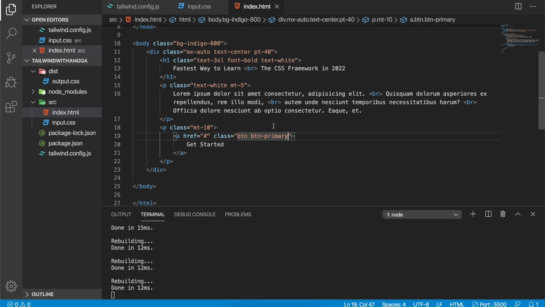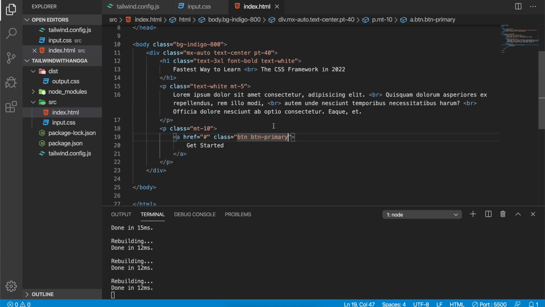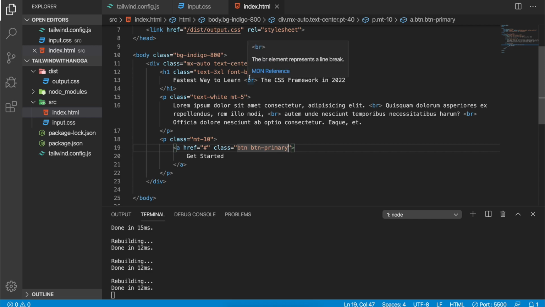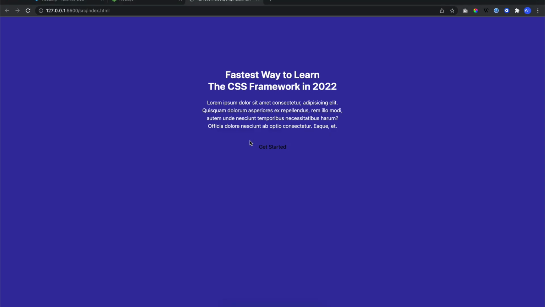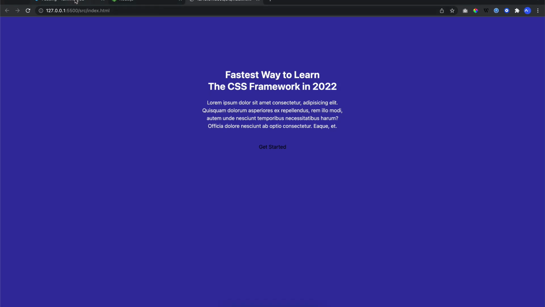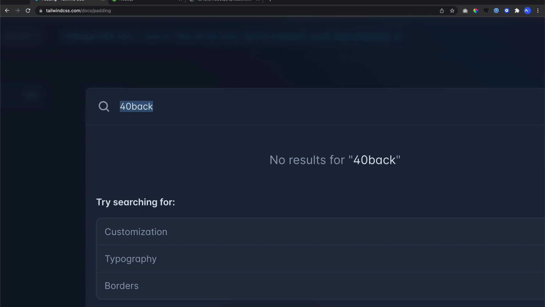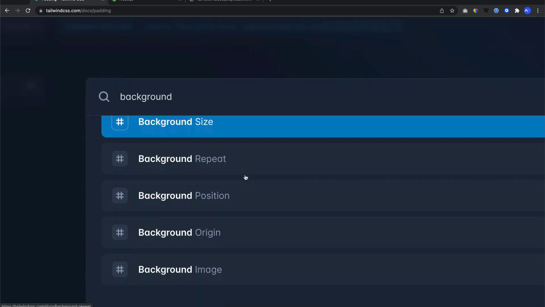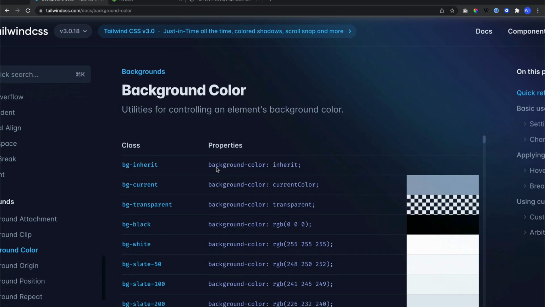So we need to use the what, how do we call it, molecules maybe? Oh no, molecules is like atomic CSS. So yeah, let's say you want to have a button which has a background color. So just type background color here.